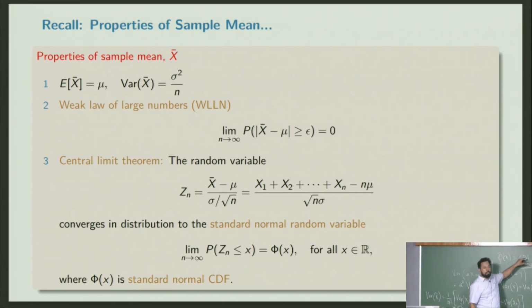So when you are working with these phi functions, you will be given tables. You will be given a table of data. Someone will tell you to compute phi of x, where x is some numeric value like 0.3 or whatever, and then you will go and look at the table.